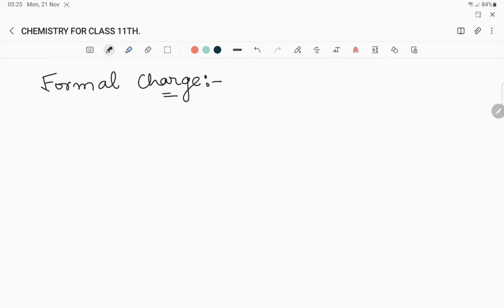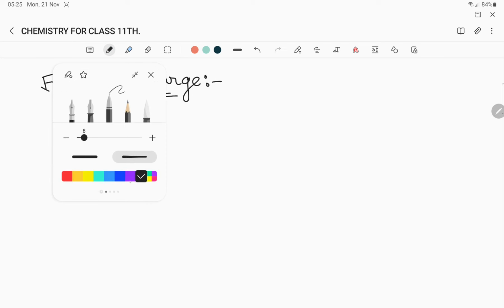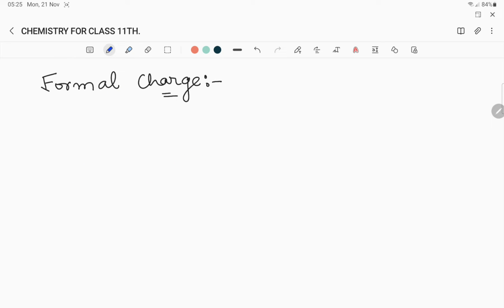So first we will take the definition and formula of formal charge, and then we will try to understand it with an example of a molecule. Let us first write the definition of formal charge, then we will write the formula. So the formal charge